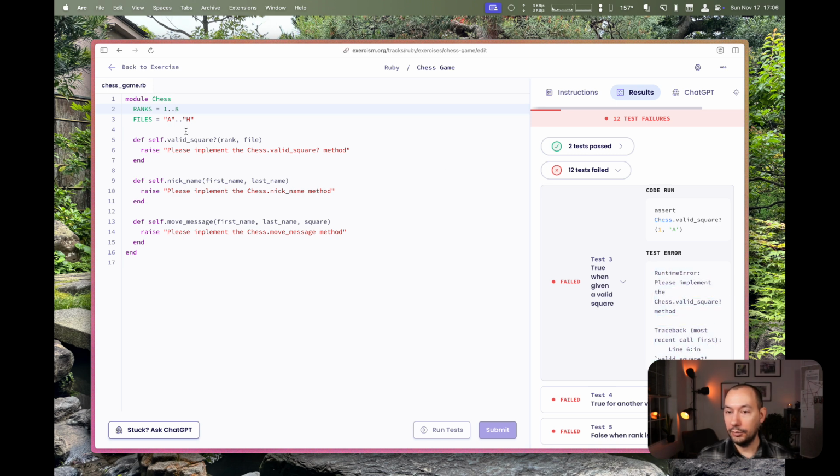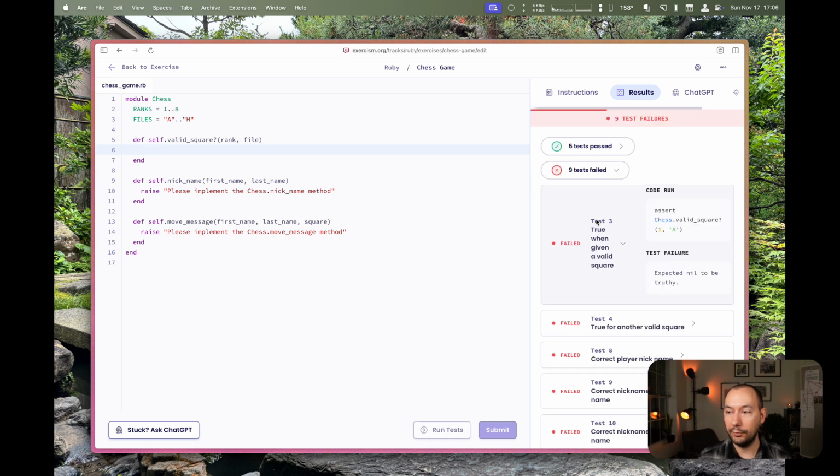Yep, so we're getting a runtime error. So if we remove that line and run our test again, we should see that test 3 fails with a different message. So, expected nil to be truthy. This is interesting. The test is written with an assert that this method call with these arguments should return true. So we need to implement this in such a way